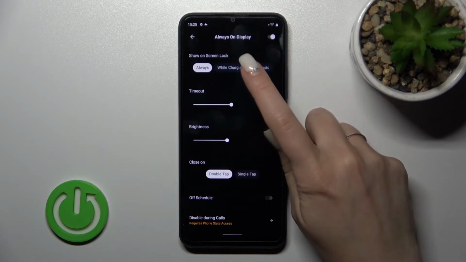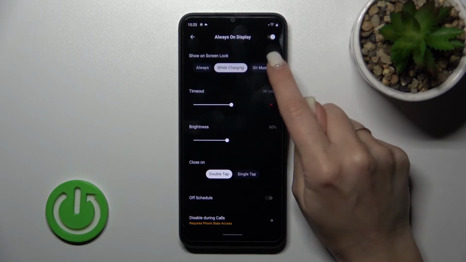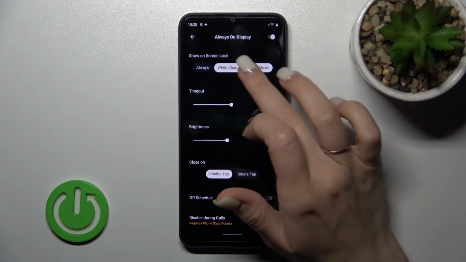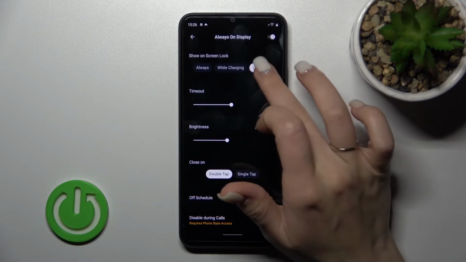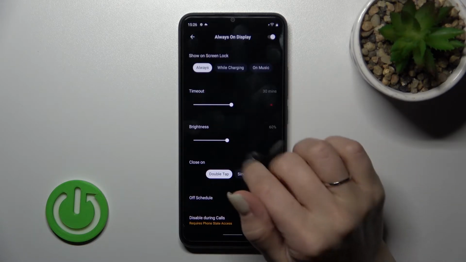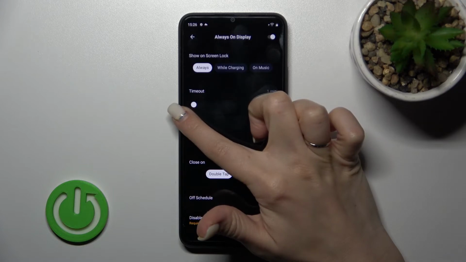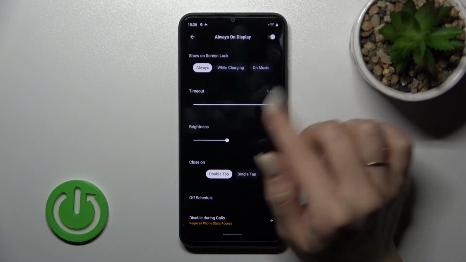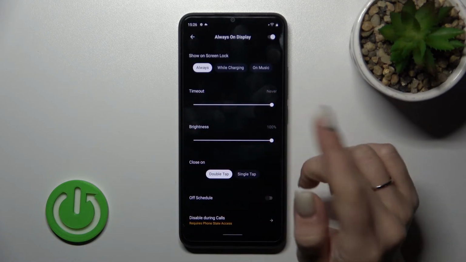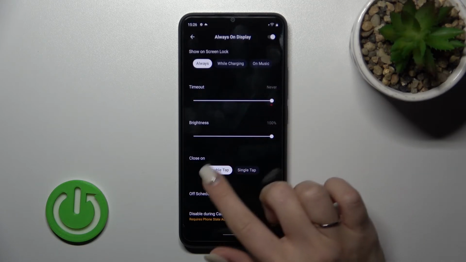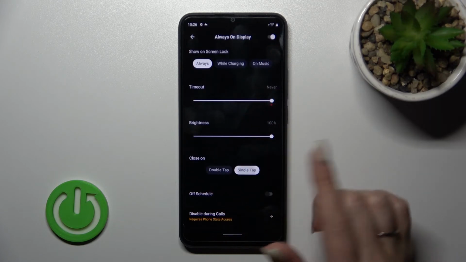Now we can change it here from always to while charging, or just when we play music. We can use these two features together or separately. I'll stay with the always. We can change the screen timeout here from 1 minute to an hour. We can decrease or increase the brightness level, and we can close the LED by double or single tap